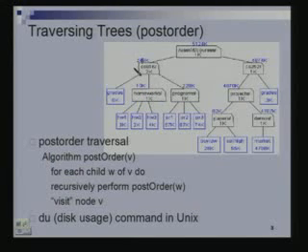Is this clear? So which child will be visited first? Okay. So your question is which child would be visited first? We are looking at ordered trees, right? So there is a notion of a first child, a second child, a third child, and a fourth child. So the first child is visited first, the second next, and so on. So means the leftmost. Yeah. So if you have drawn the tree in such a manner such that the first child is at the left, is leftmost, then we would say that the leftmost child is visited first, then after that the one to the right, and so on. So it depends upon how you've drawn your trees,